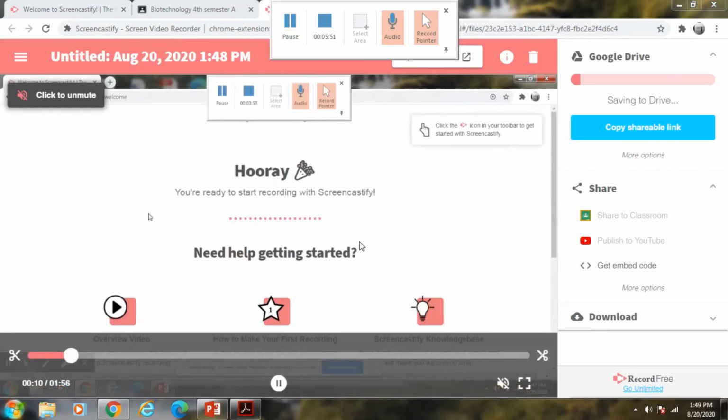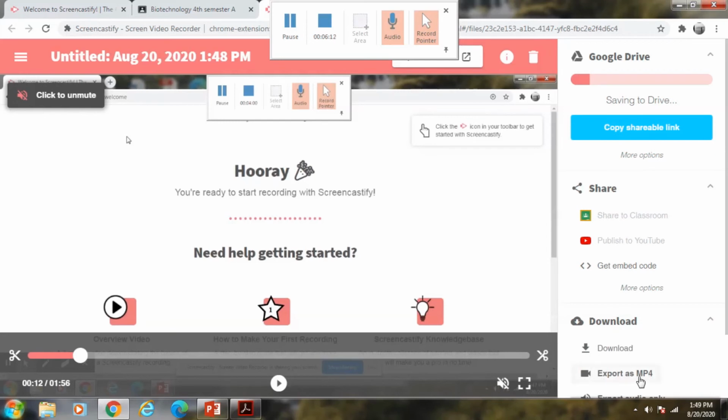Now you can see that your video is automatically saving in your Google Drive. Till it get completed, you can share the link of this video in Google Classroom, or you can directly publish to the YouTube channel. You can also download this video in the form of MP4. So this application has number of uses and it is very much easy to use because it creates link directly that can be shared into various applications. So just wait for it until it gets completed and stored in your Google Drive account.